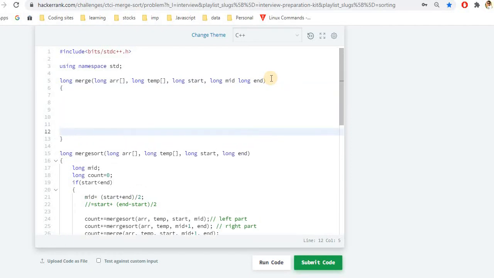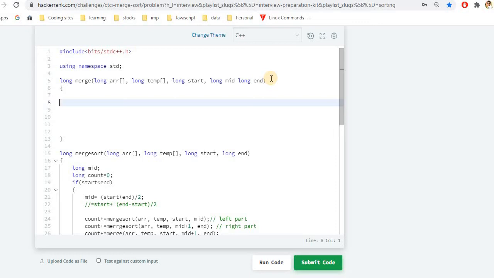Here what we'll need is, like in the first part which I explained, we'll compare the values, and whichever is lesser, we'll put in its place in the temporary array. And after doing that, there were two possible scenarios. After comparing all the values, there is a possibility that some values may remain in the first array or the second array, like the first half or second half. In that case, we'll directly copy the values. So we'll write for both cases. First, let's go for the swapping condition, or where all the inversion will take place.